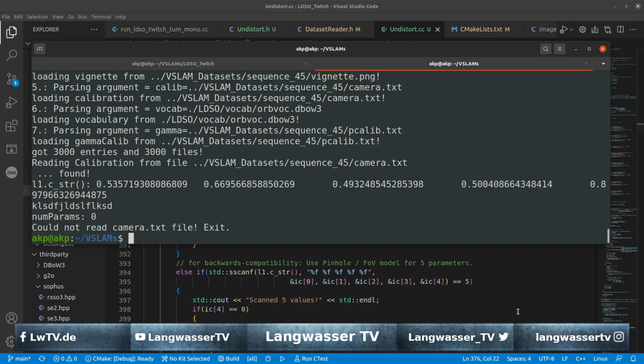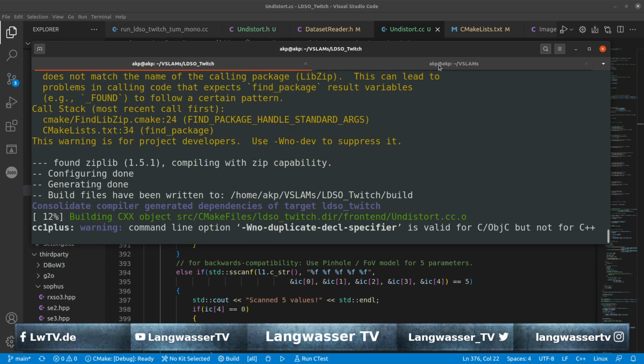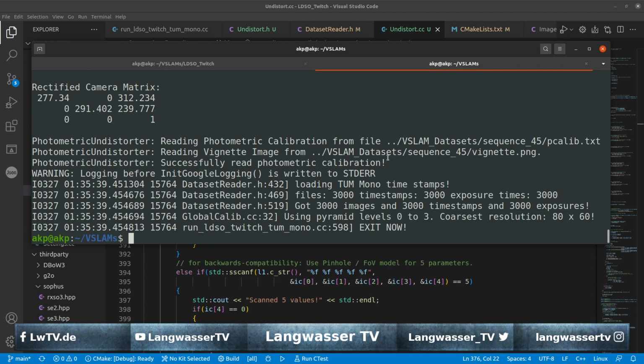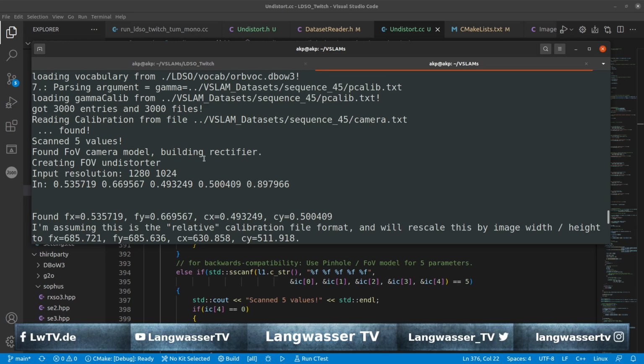So let's try again. We need to compile it, and now we need to run it. Okay, now there's a lot happening here. Where did we stop, or what is new? So we have scanned 5 values, found FOV camera model, building rectifier, creating FOV undistorter, input resolution is